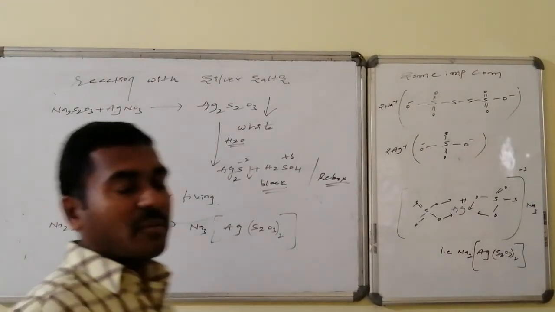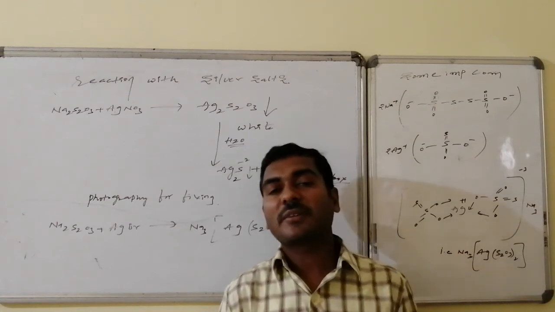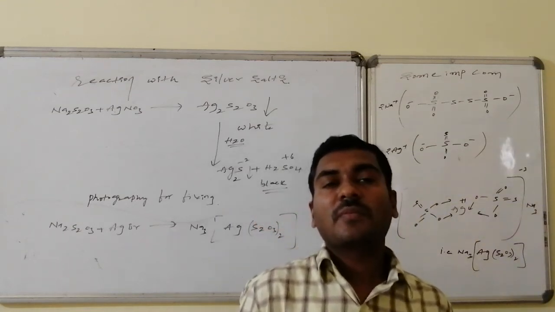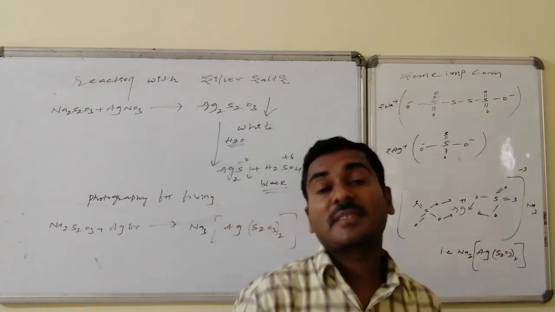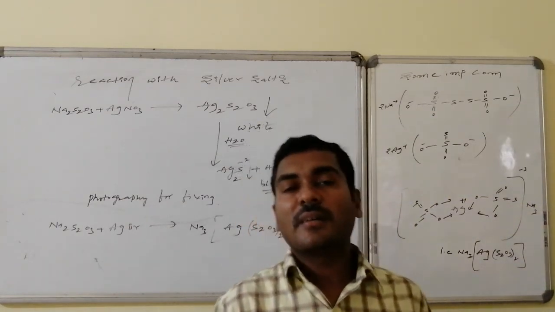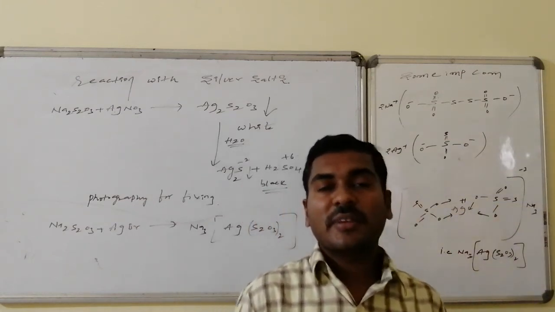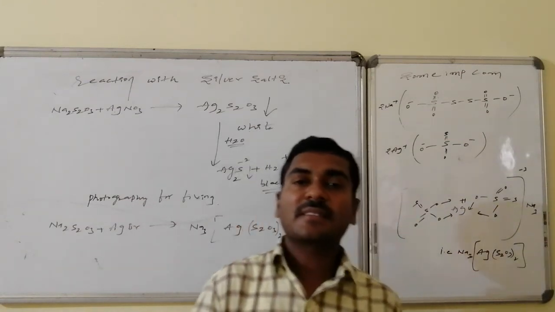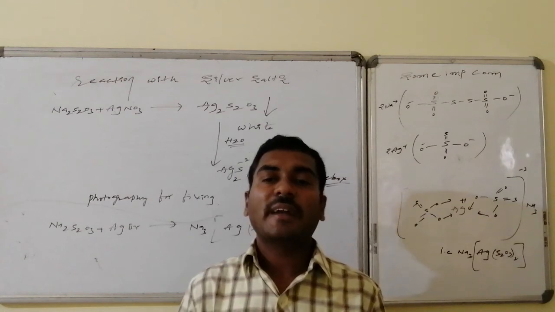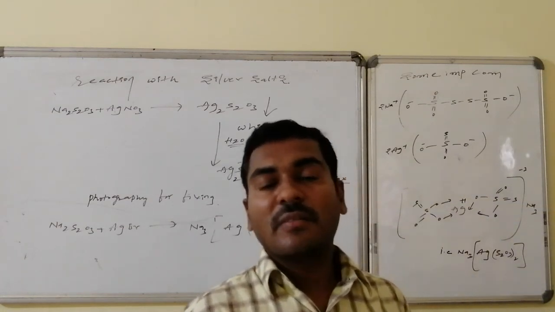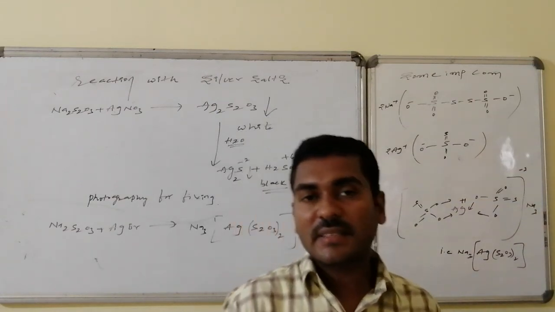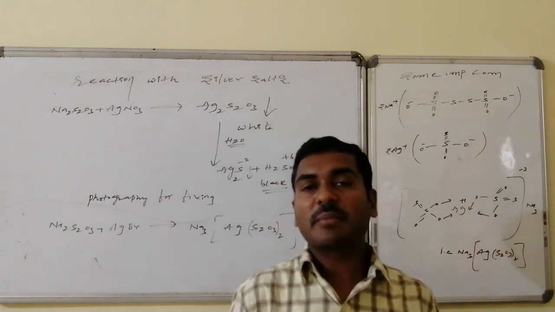Thus, these are all the important features related to sodium thiosulfate: its preparation and the hydrate, hypo, followed by its reactions, its efflorescence nature, its reaction with acid, and its property as a reducing agent, followed by its reactions with chlorine, iodine, and ferric chloride, and the reactions of hypo with silver compounds like silver nitrate as well as silver bromide. Thus, sodium thiosulfate is very important for chemical reactions.